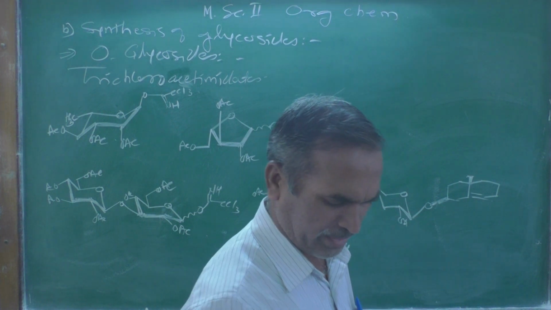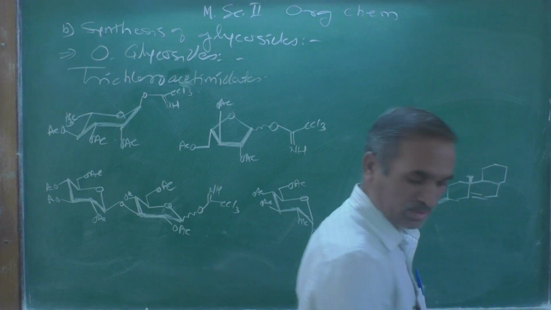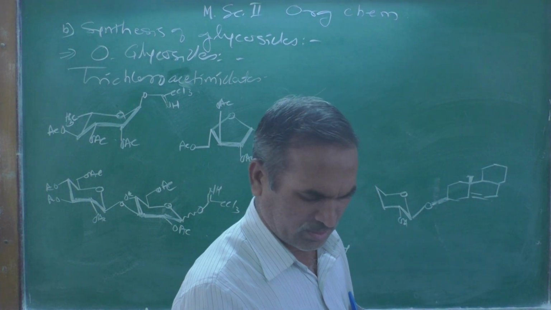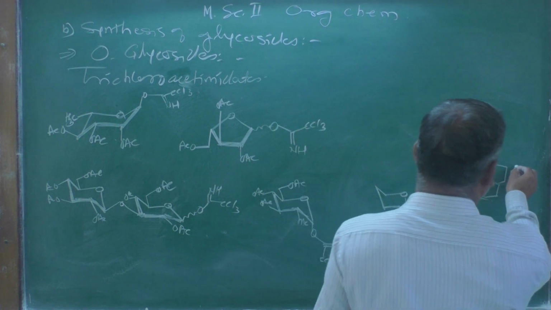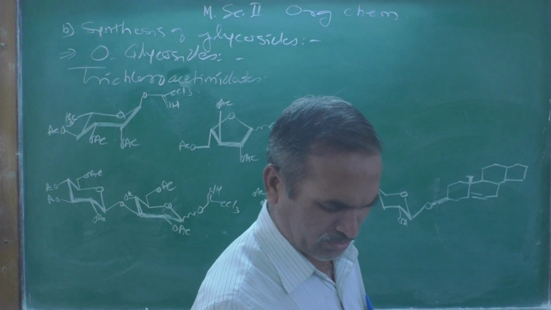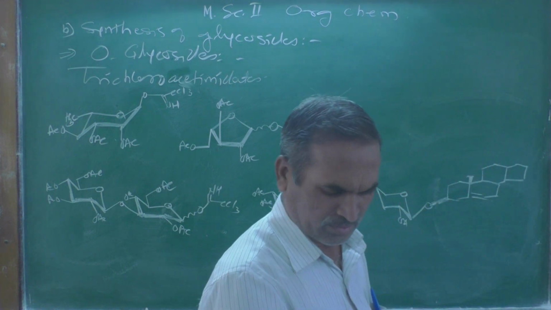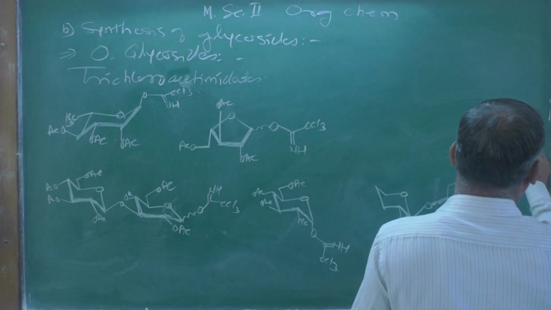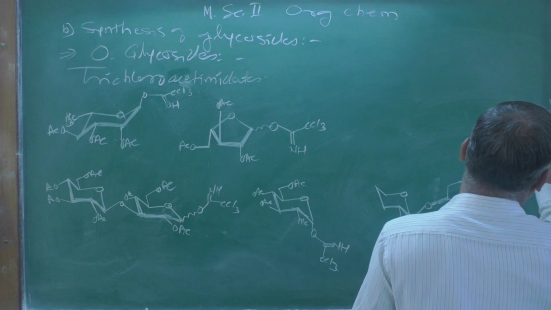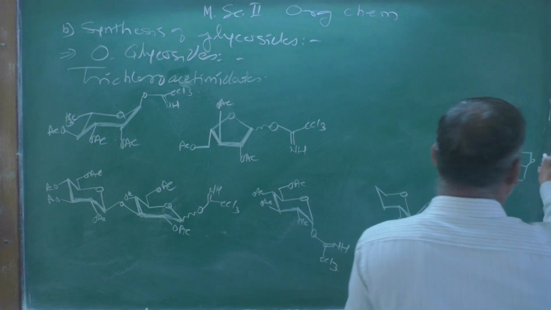Then a 6-membered ring joins over here like this, and then there will be a 5-membered ring, and the 5-membered ring should be joined with another 5-membered ring,